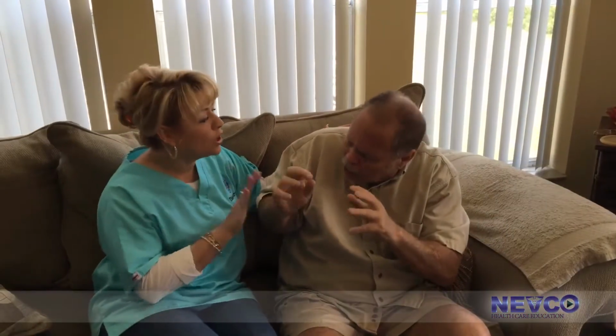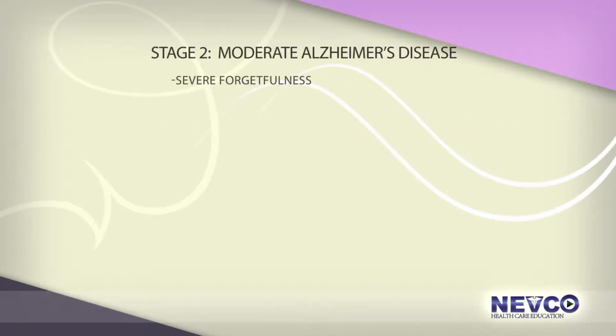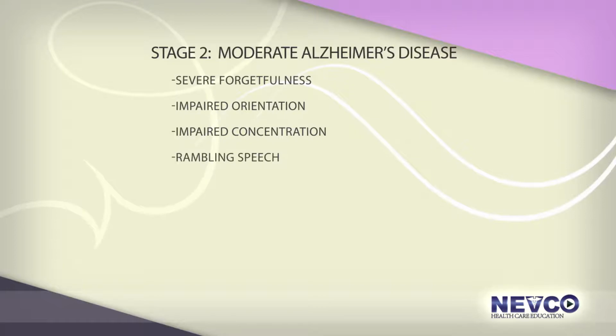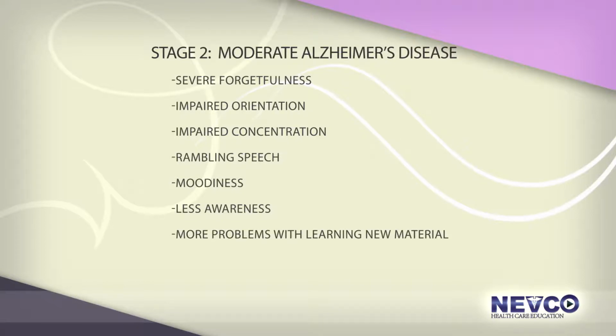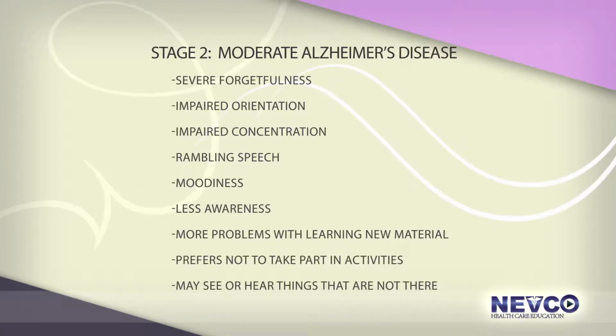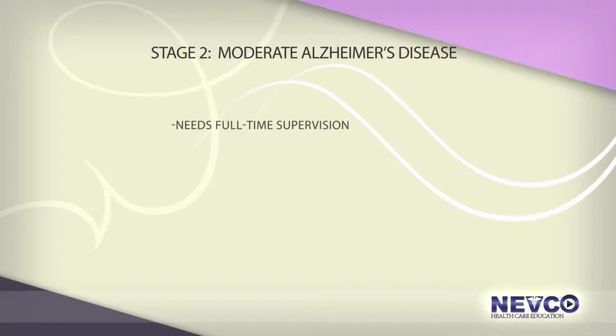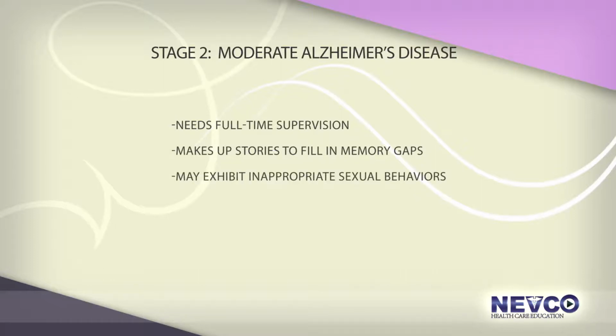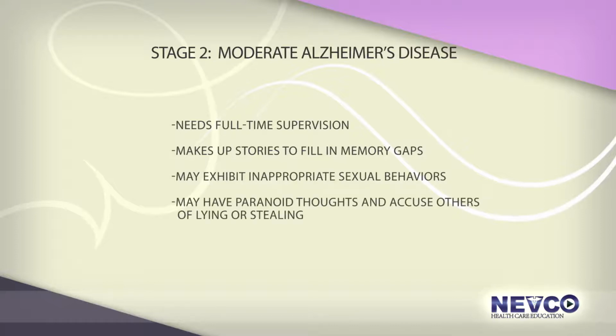Also called the confusional stage, Stage 2 is the longest stage of Alzheimer's disease and can last from 2 to 10 years after diagnosis. The list of symptoms of Stage 2 Alzheimer's disease is a bit longer and includes severe forgetfulness, impaired orientation, impaired concentration, rambling speech, moodiness, less awareness, more problems with learning new material, prefers not to take part in activities, may see or hear things that are not there, needs full-time supervision, makes up stories to fill in memory gaps, may exhibit inappropriate sexual behaviors, may have paranoid thoughts, and accuse others